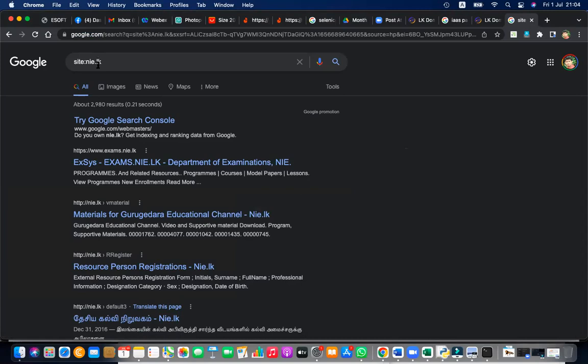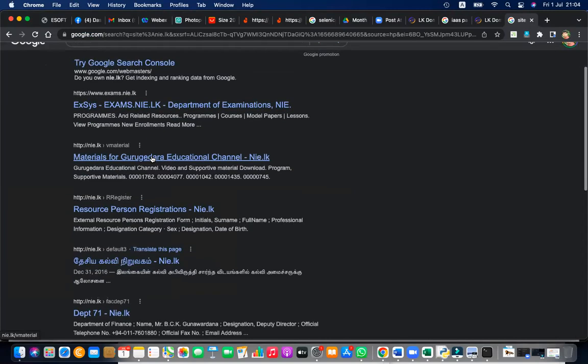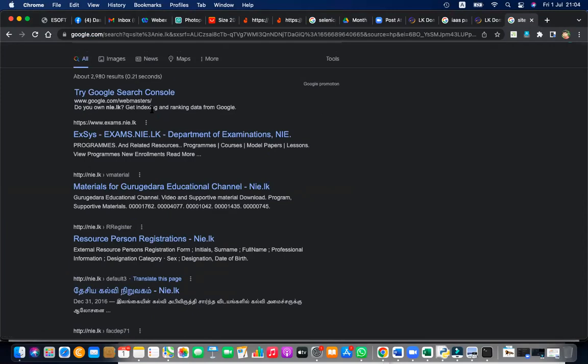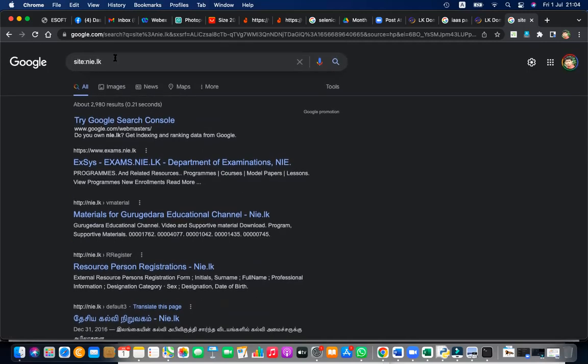It will list all the public resources available under that site. All the public, not the private. If there are any public websites, web pages, or files available, they will be listed. So this is a search tip in Google. Remember, site colon ni.lk lists all the public pages which are accessible through Google.